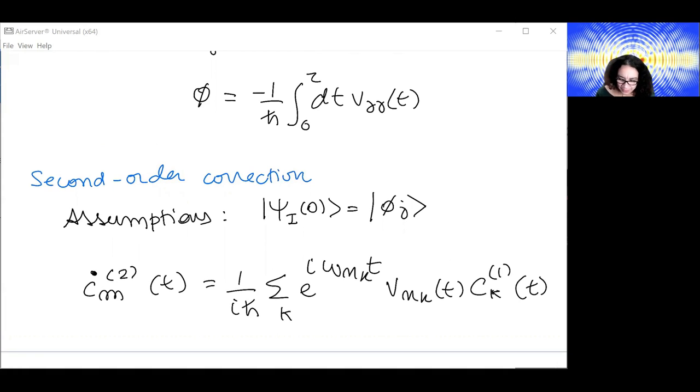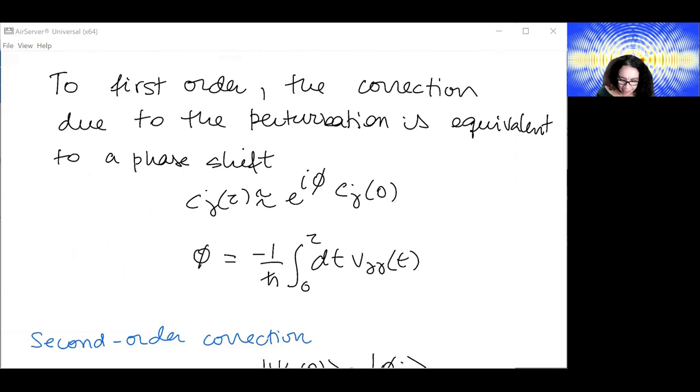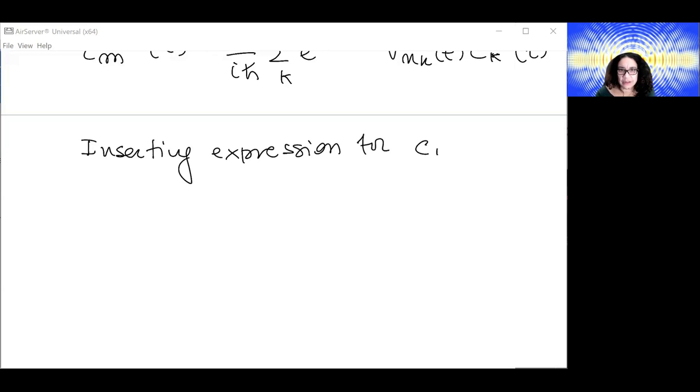We have just calculated the first order term considering these conditions. So we can just plug it in, and we are going to consider this case where we have j different from m, and when we insert it, so inserting the expression for Ck1 t, we're going to have